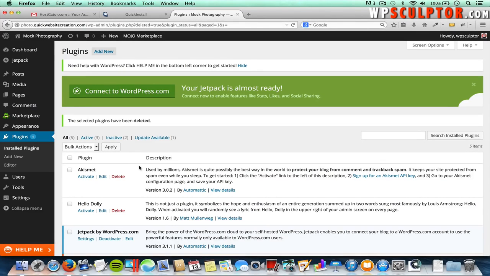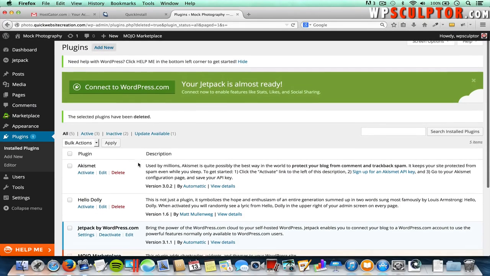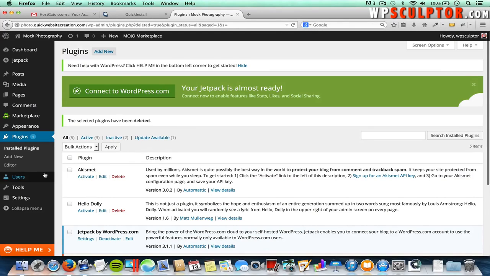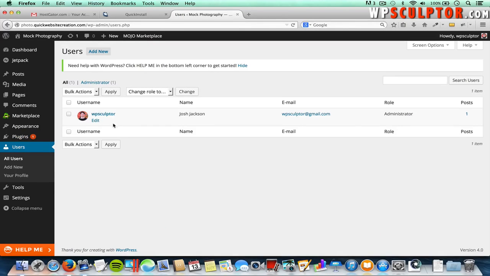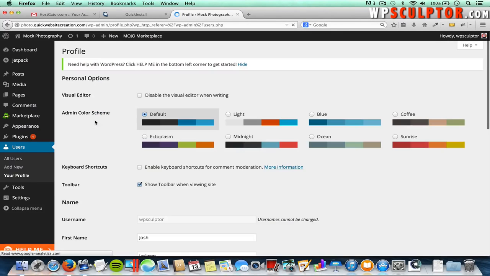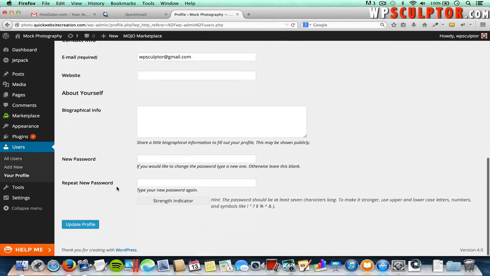Alright, the next thing we're going to do is change our login password to something we can actually remember. So to do that, let's go to Users, click on All Users, and you should just have one user currently, which is the user you just created when we installed WordPress. Hover over your username, click on Edit, and then scroll down to the bottom here, and we want to specify a new password, so go ahead and type in your new password, and then retype that into the second box, and then click on Update Profile,